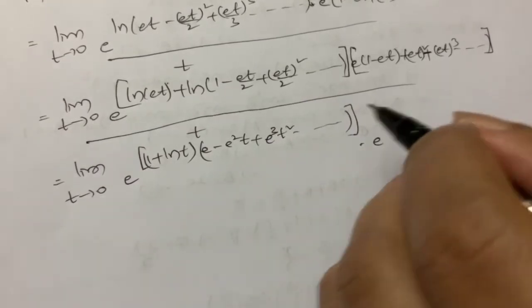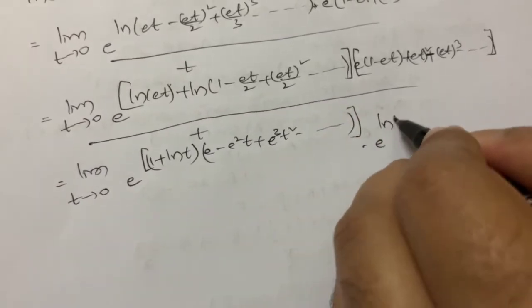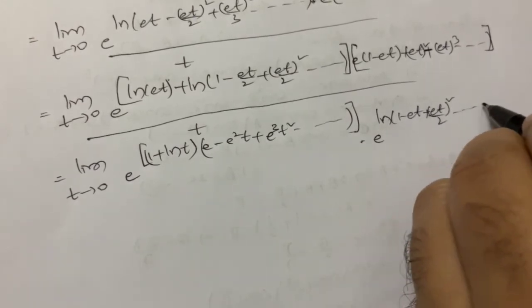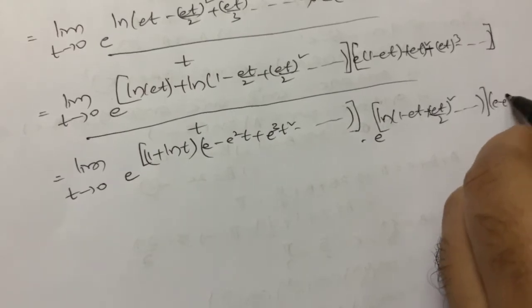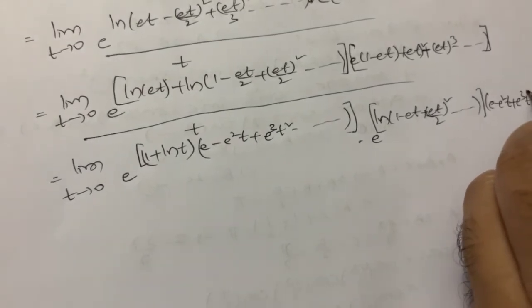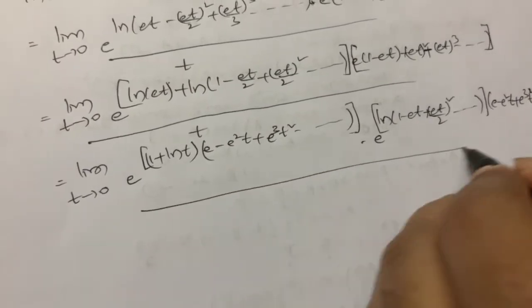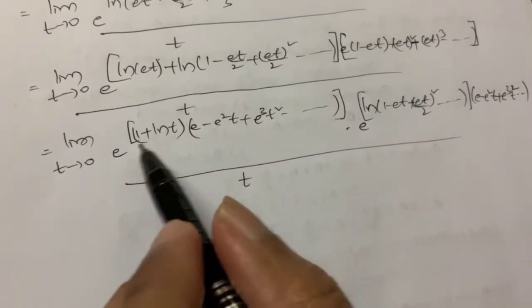into e power, because e power a plus b is e power a into e power b, so ln 1 minus et plus et square by 2 so on into, we are multiplying this by e minus e square t plus e cube t square so on to infinity by t. So if I multiply each and everything,